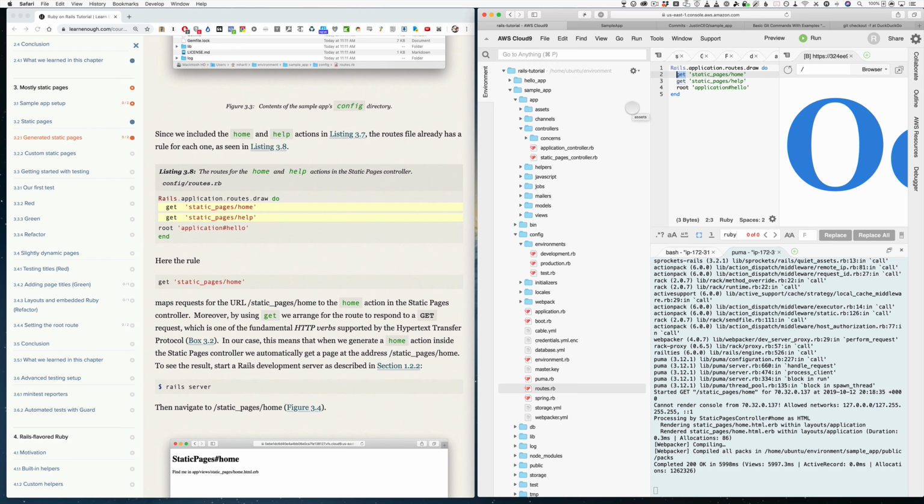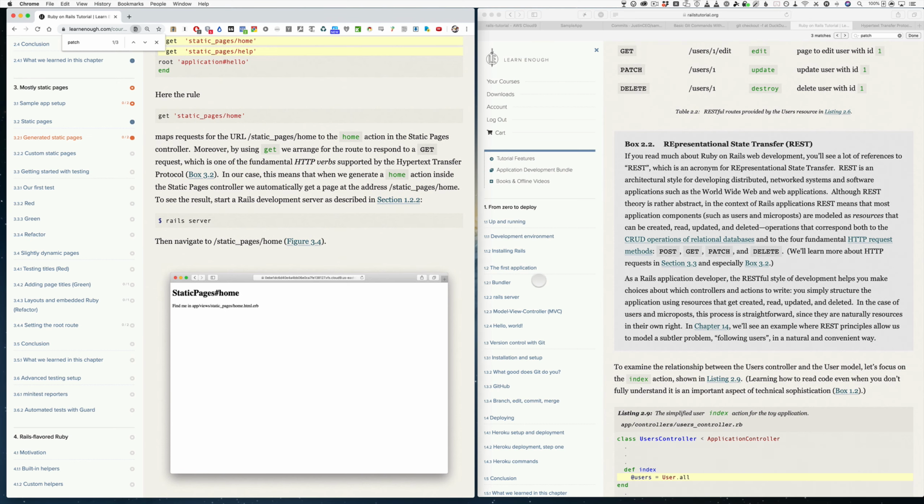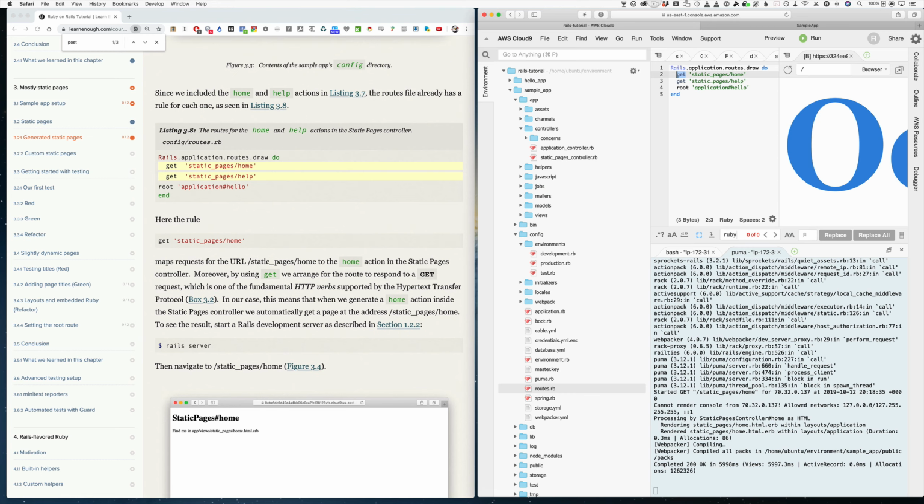And he actually talked earlier, he had a table at some point of the different HTTP requests. Right, yeah, it was in chapter 2. You can see here the 4 fundamental HTTP request methods: post, get, patch, and delete. So, okay, so